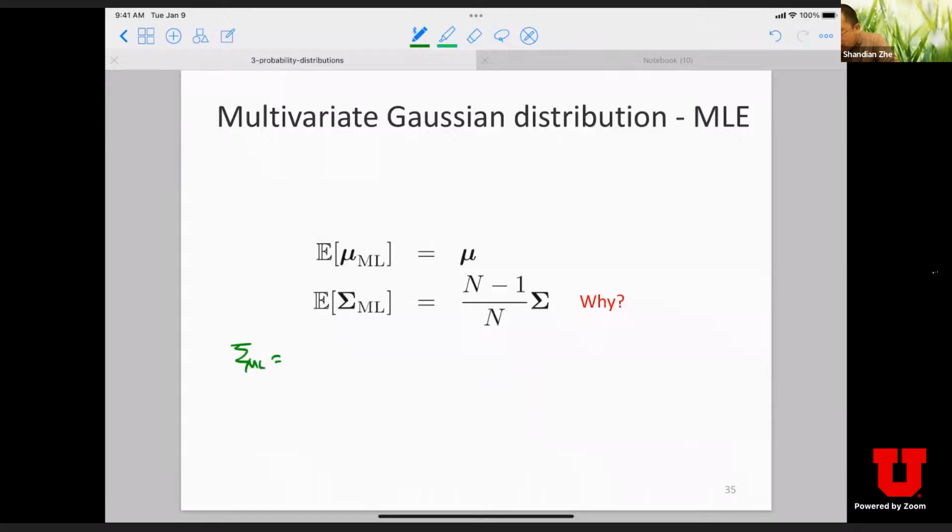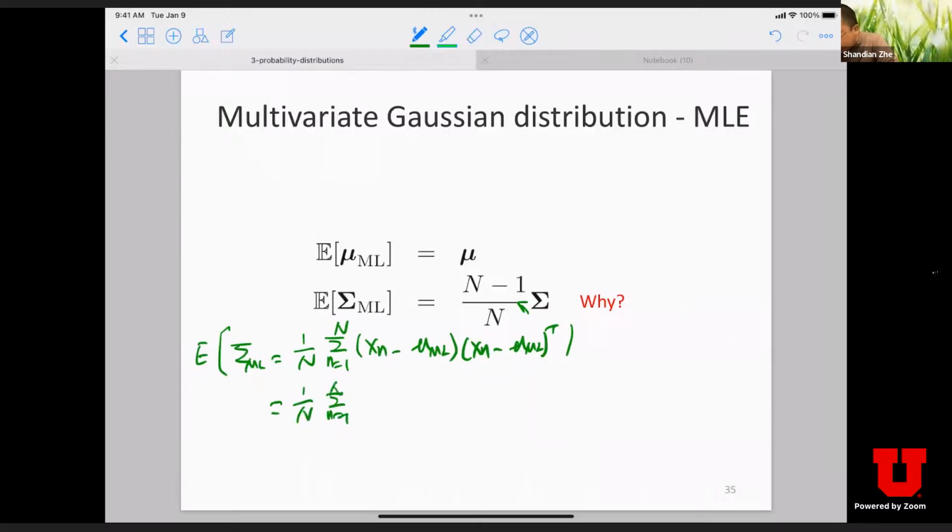The MLE estimate of the covariance matrix, sigma ML, is the average of x_n minus mu_ML times x_n minus mu_ML transpose. This is the definition. To show that if you take the expectation of this, it gives you n minus 1 over n sigma, a trick will be